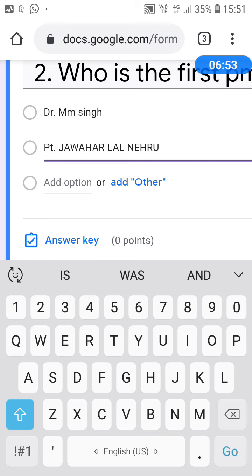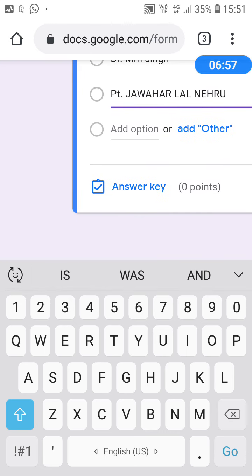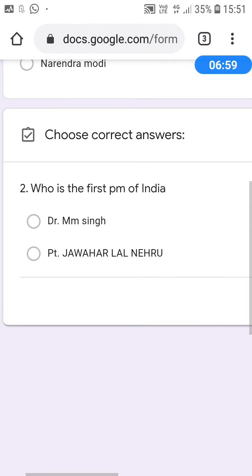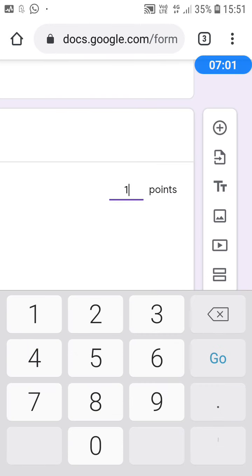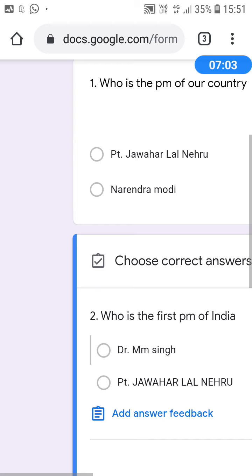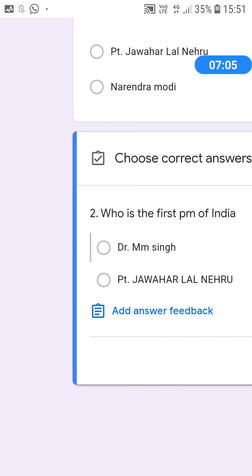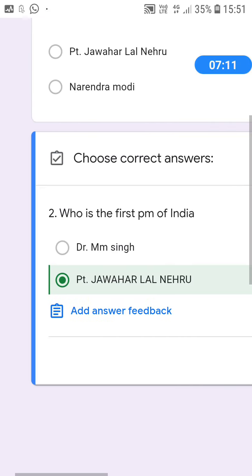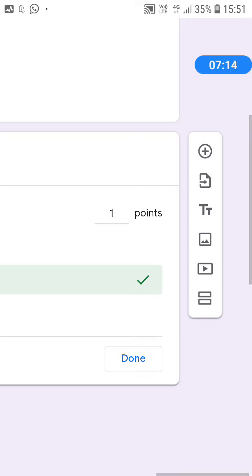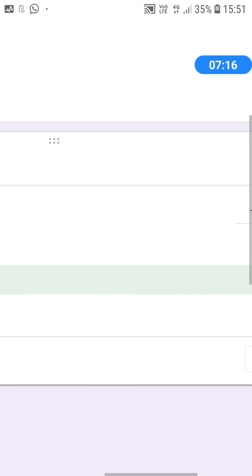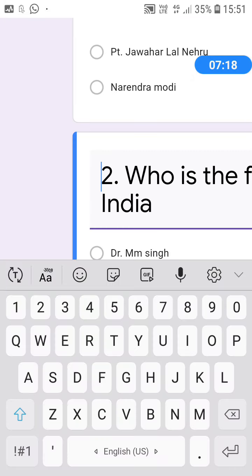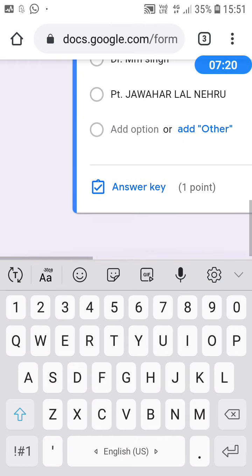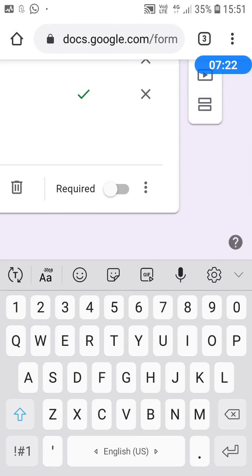Because my main goal is to make you understand how to use Google Form. Then answer key, again click on answer key. Points, again I am going to give 1 point for every correct answer, and the answer I have to check. I have to click answer, and I have clicked that this is the answer to this question, and then done. Only this much.